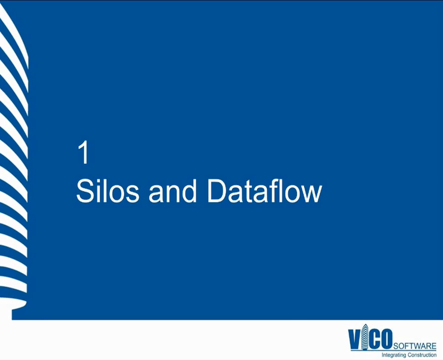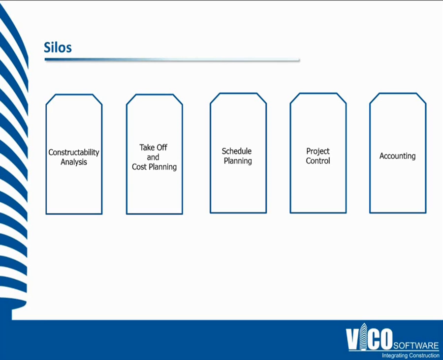So to start with, silos. These are just some example silos of data inside of a construction company. There are very few systems that are connected together. The norm is data is created inside of a silo, does not flow to other silos. Information is constantly recreated by different departments. It very rarely flows from pre-con through construction, is quite often recreated, and that not only wastes a lot of time,